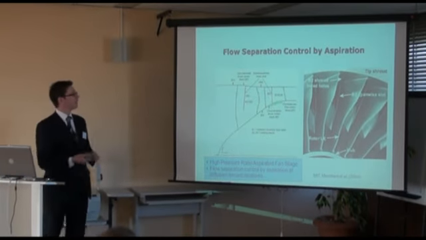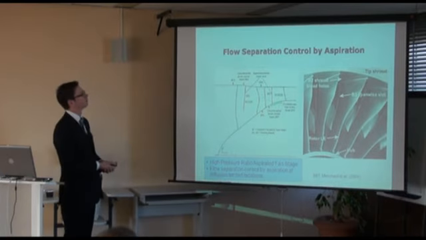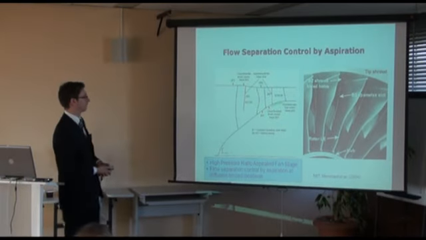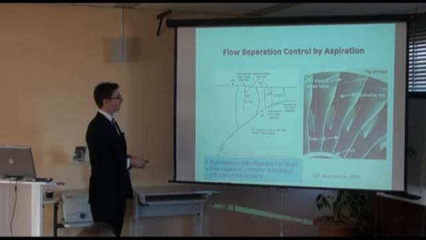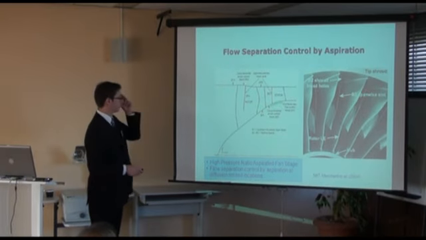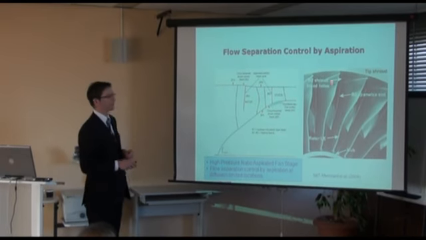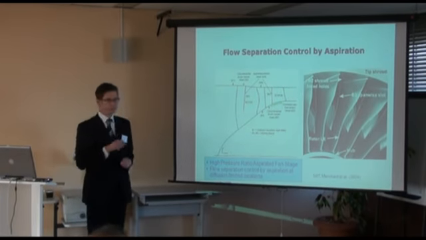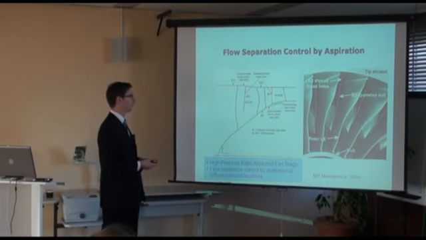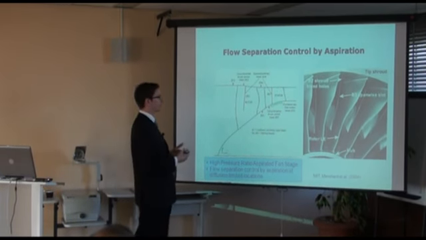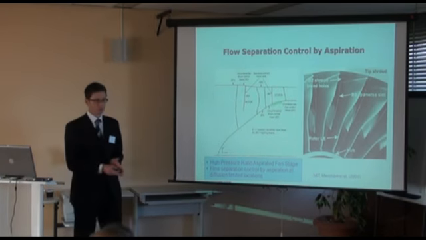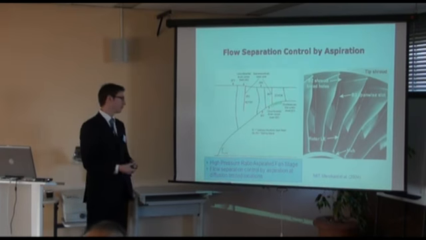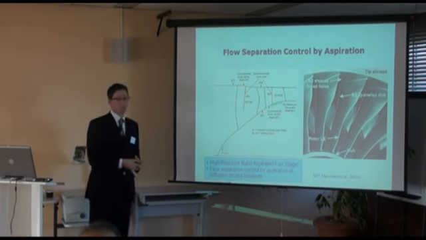Okay, moving on to some other examples of flow control. Here, for example, there's an aspirated fan stage. This aspiration is done by holes in the hub, in the casing, and on the airfoil, where you suck away low momentum fluid. And if you do that on the right positions, you are able to get a very high pressure ratio with only one fan stage, and you won't have any separations in zones where you would have separations without active